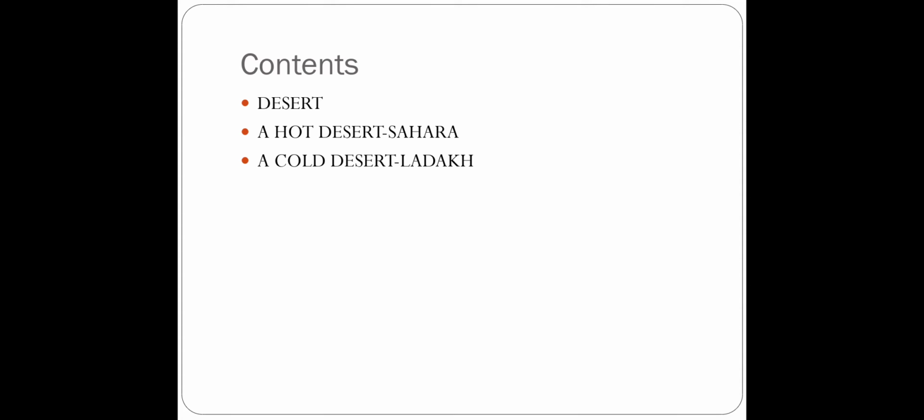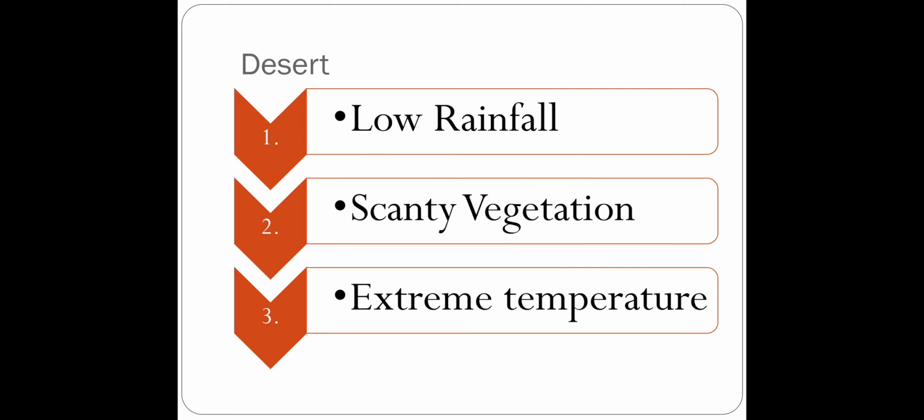Now here in this chapter we will study about the places where the people have already started coping up with extreme harsh temperatures. There are places as hot as fire and some as cold as ice. So this chapter we will only focus on two places, as I told you, the two types of deserts, the hot desert and the cold desert. Under hot desert we are going to study about Sahara, under cold desert we are going to study about Ladakh. Clear?